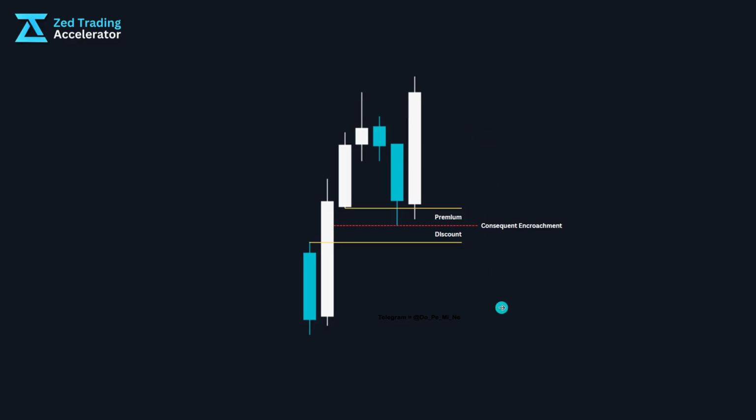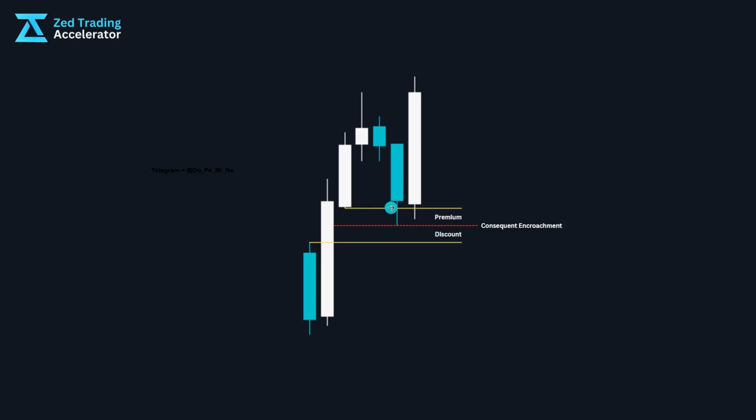Alright, so this is how we see if price is respecting or disrespecting a fair value gap. Here we have a bullish fair value gap. If we are bullish, we want to see price respect this fair value gap. As we can see right here, this is a very perfect reaction in this fair value gap. So if the price is strongly bullish, the price can just respect this upper part of the fair value gap.